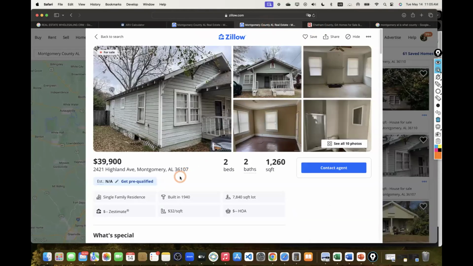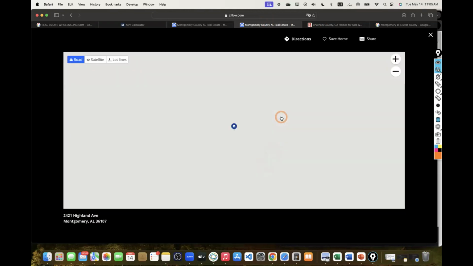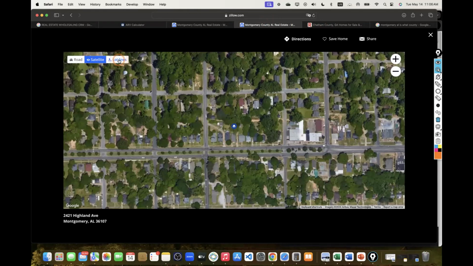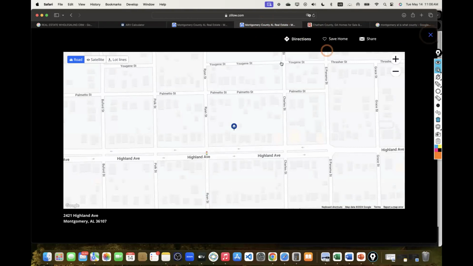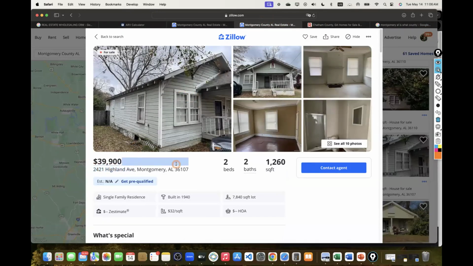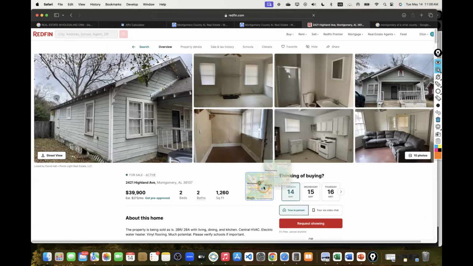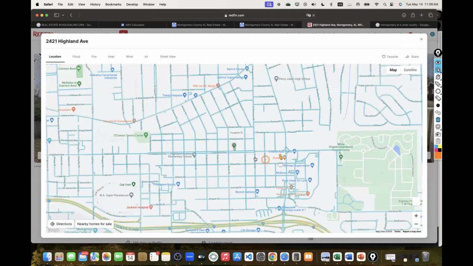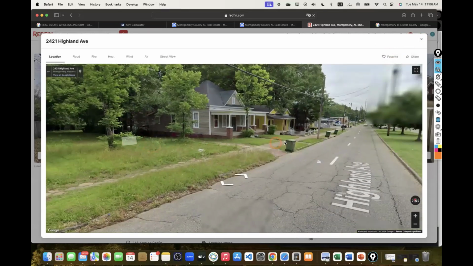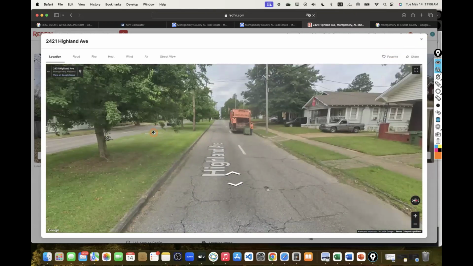And how do I know it's sitting on a major road? Well, let's go through Street Viewer. How about that? Oh, it doesn't even have it over here. Satellite lot lines. Oh, it doesn't even let me do it. Here, I'm gonna do it this way then. Let me get the address, and then let me go through Redfin. Redfin, I love it so much because it does let me do Street Viewer every single time. And let's drop our guy on this road. Let's check it out. Oh, there it is.